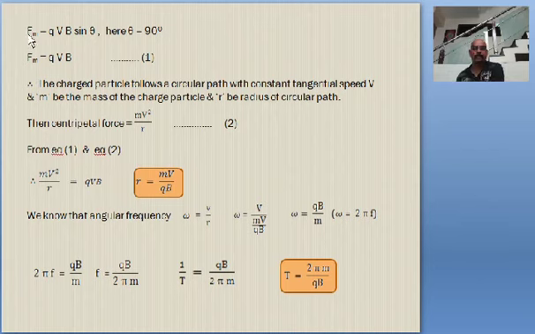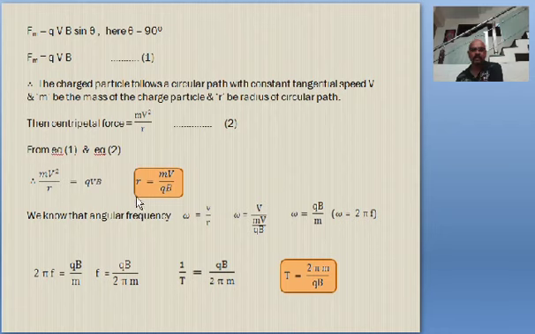Here force is equal to qvB sin theta. Theta is equal to 90 degrees, and that is the maximum force. In fact, Fm is equal to qvB, that is the maximum force. So this force becomes equal to the centripetal force. Fm is equal to mv squared by r. So equating qvB, which is the magnetic force which provides the centripetal force, mv squared by r is the centripetal force, qvB is the magnetic force, both are the same.